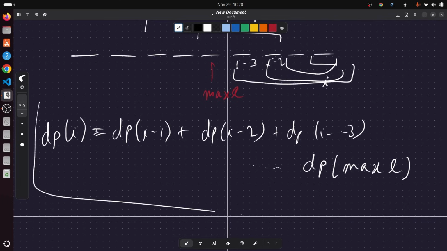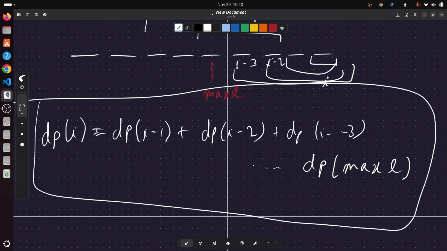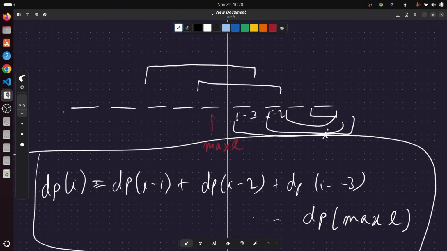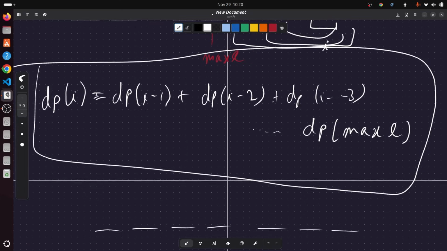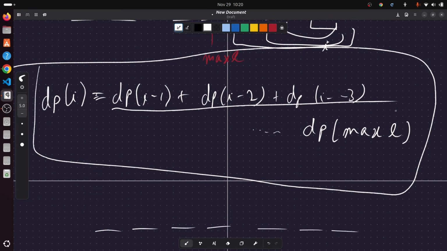Alright, this is what your transition looks like. The entire idea is that we need to ensure that there are no blocks which overlap with the input range, right? So this is the entire idea, and to transition like this you can simply use prefix sums. Okay,